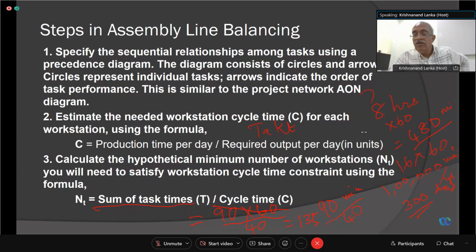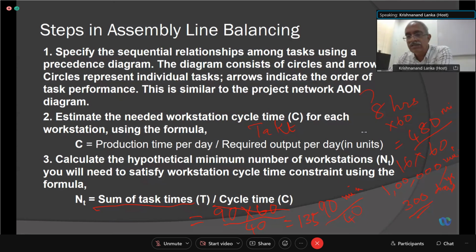That's why people from all over the world used to visit Henry Ford's River Rouge plant in Detroit to see this magic. How come this guy is turning out a big car like the T model in just 40 seconds? How is he able to turn out one car for every 40 seconds? That is the mantra he was using.